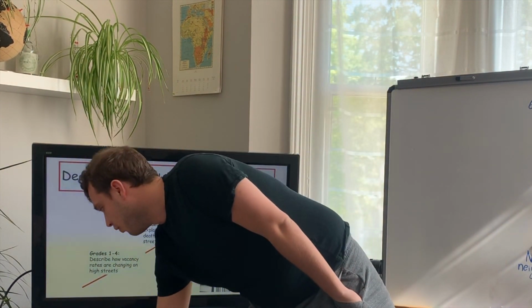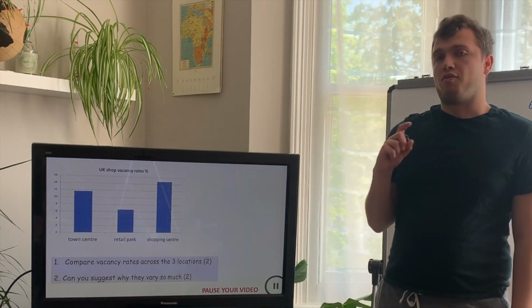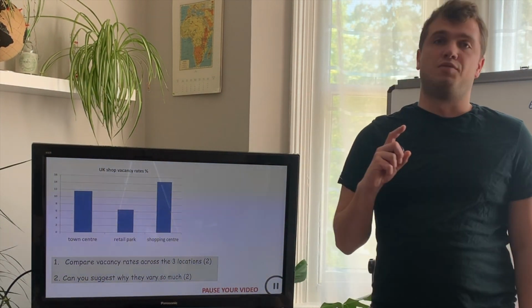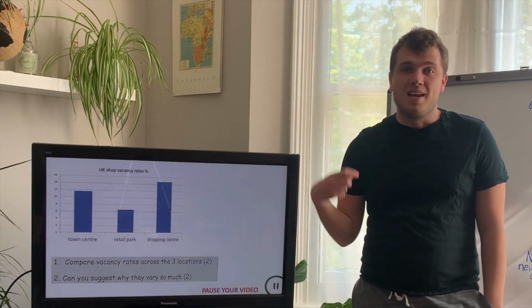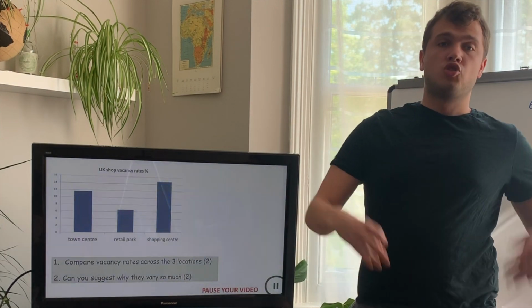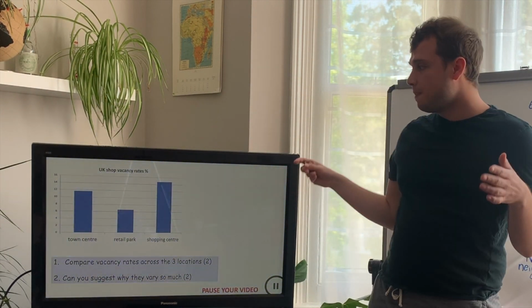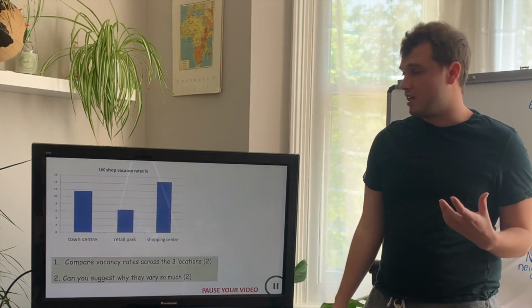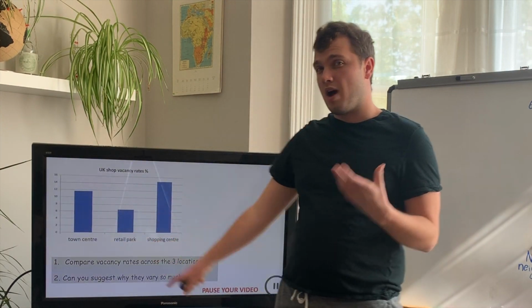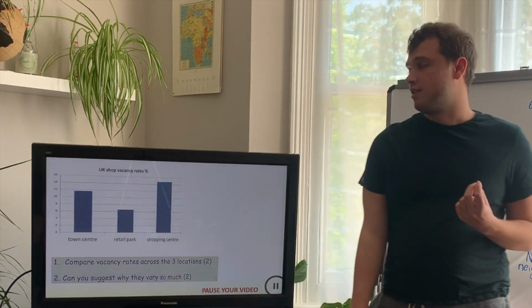Let's start now. All right, so first thing I want us to have a look at on the board is a bar graph which has got the vacancy rates for 3 different types of retail. By vacancy rates, I mean the number of empty shops. So shop units that have got nothing in them, that they've closed down and it's remained empty. So what we've got is town centre. So these are shops in and around the town centre. And we've got retail parks, so your out of town retail parks like Asda, Hollandbury. And then we've got shopping centres, so places like Churchill Square.